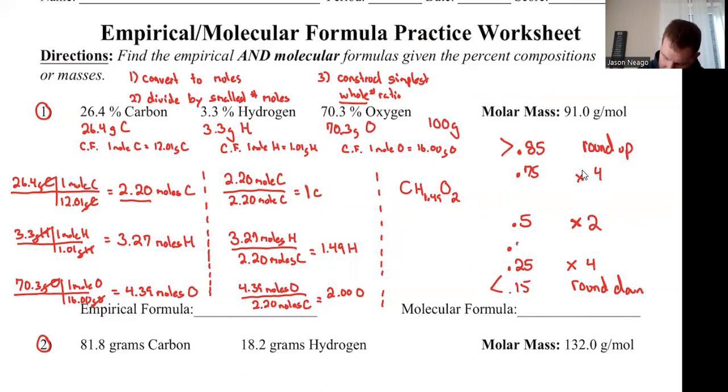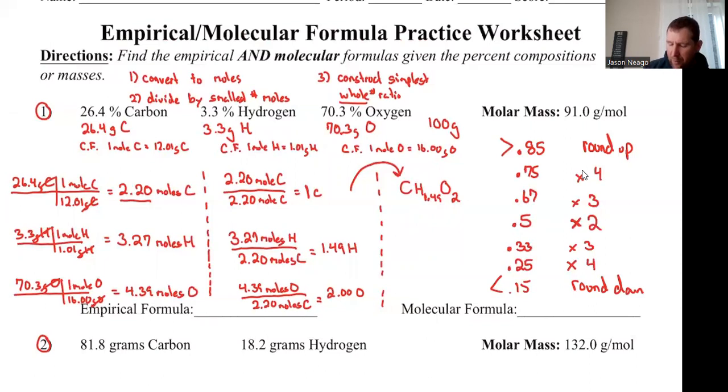If I have something close to 0.33, you probably guessed it, we're going to multiply by 3. And if I have something that's close to 0.67, I'm going to multiply by 3. So what I like to do is leave my empirical formula with my non-whole number in it so that I make sure that I don't mess up on this step. When I go from step number 2 to step number 3, I like to write it in properly so I can see that I have a